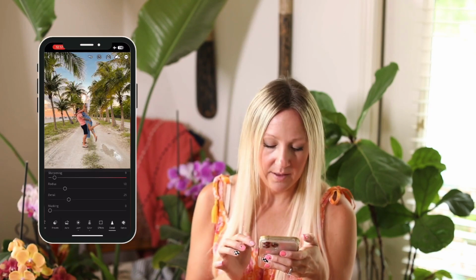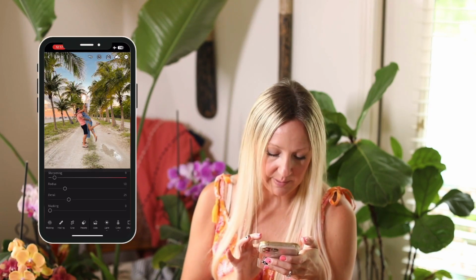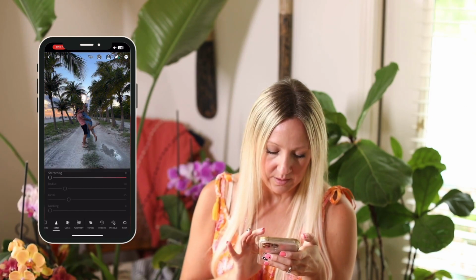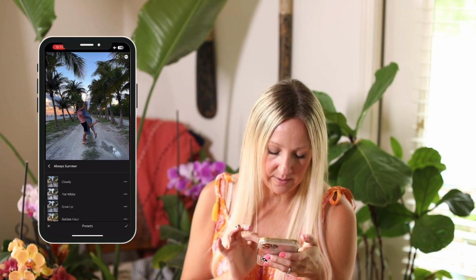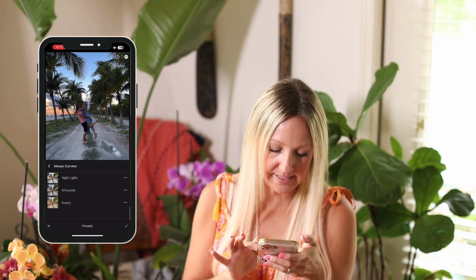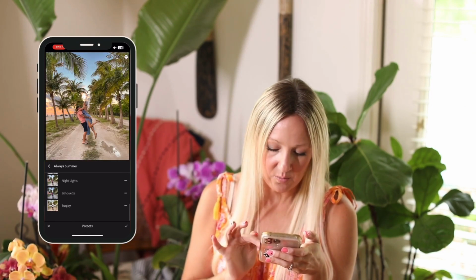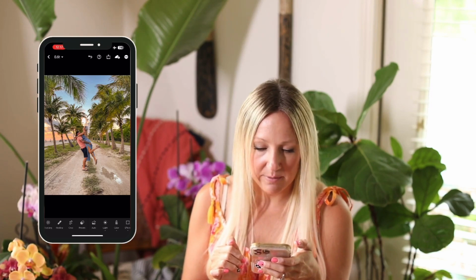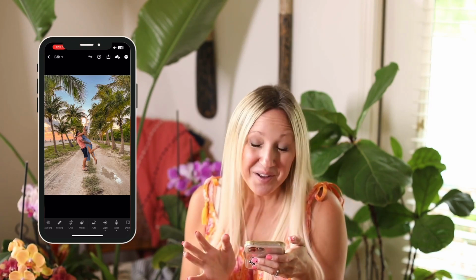Now, the other option is I can just use my presets, reset that photo, go into my presets, and the one that I created based on this photo exactly was my Sunjoy preset. That's a one-click edit, super easy. You can find that preset inside my Always Summer collection. That was less than a minute to edit that photo,